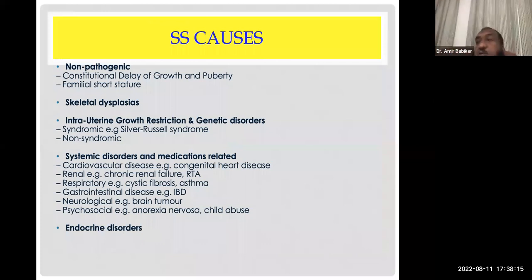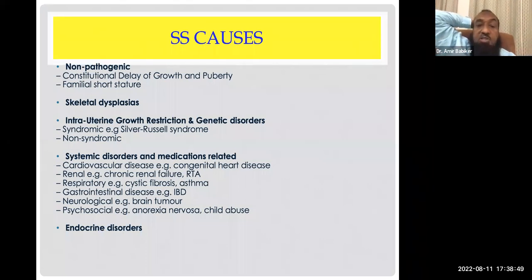So if we talk about the etiological causes of short stature, the history and examination are guided by this. At postgraduate level, you have to guide the history taking and examination by the etiological and pathophysiological causes, because this will tell the examiner that you are asking specific questions and it's not just a random and routine way of taking history or examining children without any clear purpose.